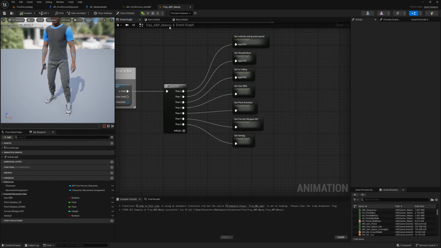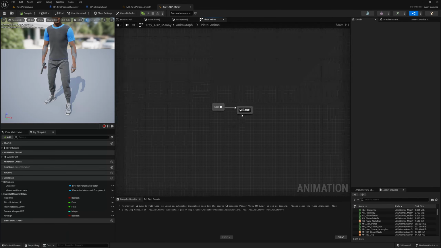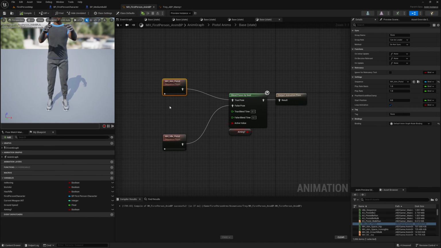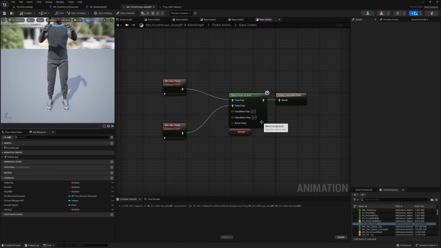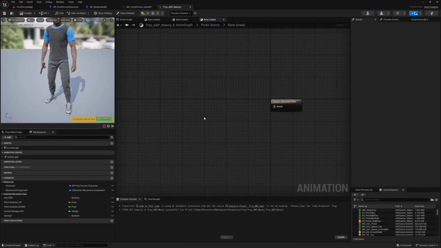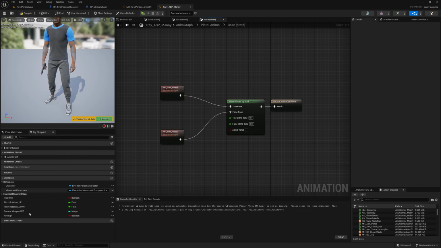And now I can go to my enum graph and find my pistol enums and base. And what I'm actually going to do is delete this one. And because we're using the same skeletal mesh for both of these animation blueprints, what I can do is just select these three. I'm not going to select the aiming because it might create a problem. It'll think it's a different variable. I'm just going to Control C these three nodes here and then Control V them in over on the other animation blueprint. Grab my aiming variable, plug it in here, hit compile and save